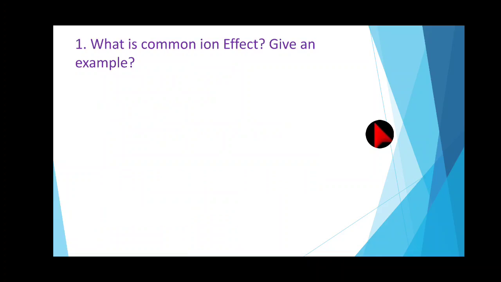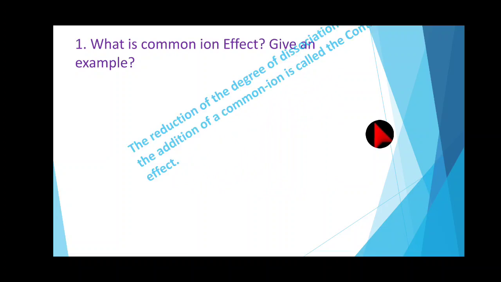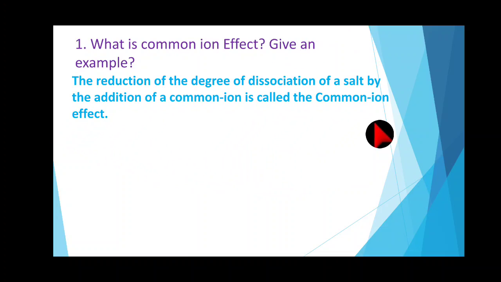Now, let us see the statement. The reduction of the degree of dissociation of a salt by the addition of common ion is called common ion effect. The reduction means what? Suppressed or reducing. The degree of dissociation means what? Charge separation. The degree of dissociation is reduced by the addition of common ion. I hope you can understand. With the example,